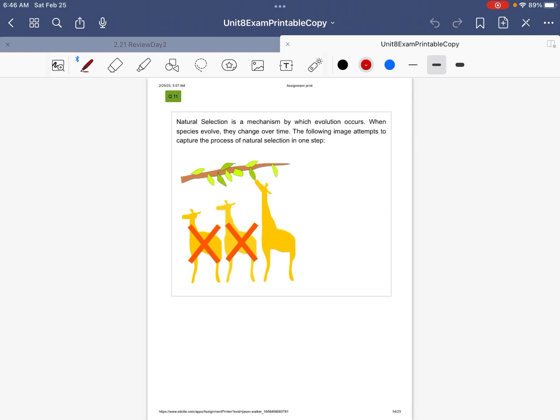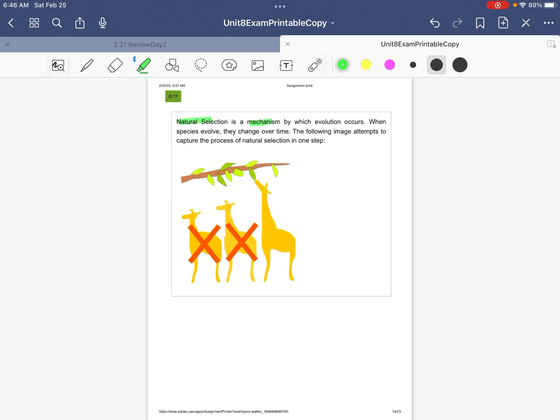We are going to finish the rest of the exam. We're working on question 11 through 20. So this question is a drag and drop. It's one of the new style of questions that you will have on your STAR. This one was a little bit tricky, to be honest, but let's get to it.